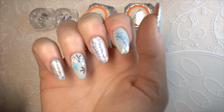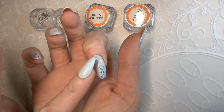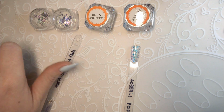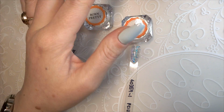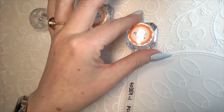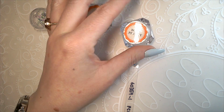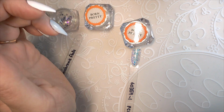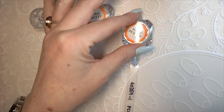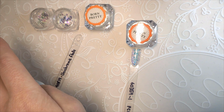What else we've got going on this mani, as well as the flakes on blue and white backgrounds, is this gorgeous thing. Again, it's a fairly generic description that Born Pretty put on everything on the website. So what I'm calling this is nano mylar flakes. Why? Because if you've seen my opal videos, you'll have seen Glitterati do these micro mylar flakes. And just to give you a bit of context,